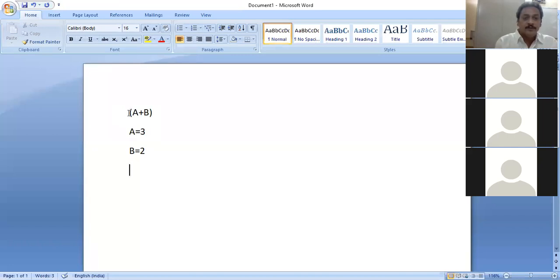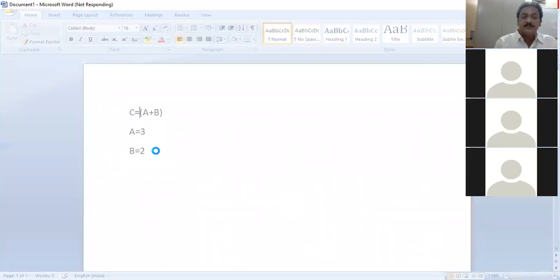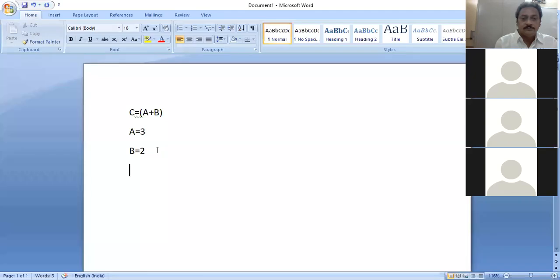If I add C equal to A plus B, with A equal to 3 and B equal to 2, then the value of C is 5. This is the answer which we are supposed to get. The system is still hanging, wait for a while.